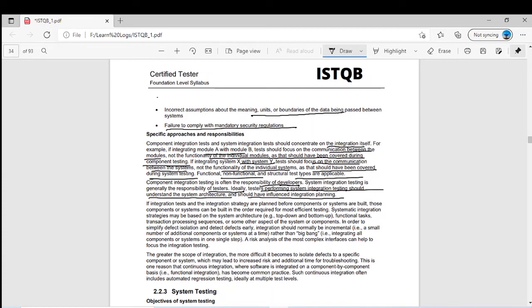be built in the order required for the most efficient testing. They are saying that if the integration test and the integration strategy are planned before the components or systems are built, then you can develop the components or systems in such a way that it can help your testing. Systematic integration strategies may be based on the system architecture, as we have seen, top down and bottom up during the last videos, or function, task, transaction processing sequence, or some other aspect of the system or component. You should plan your testing or development in such a way that it helps to build the system step by step, and hence the system can be tested